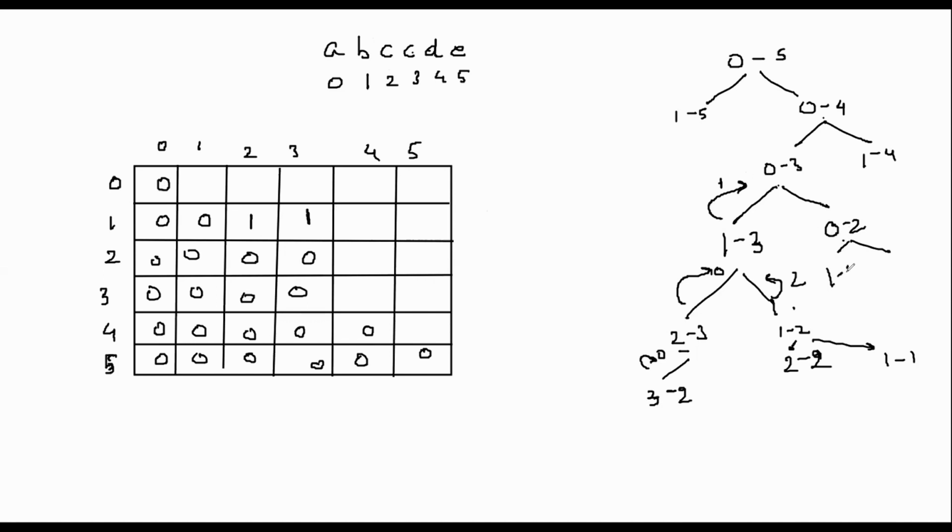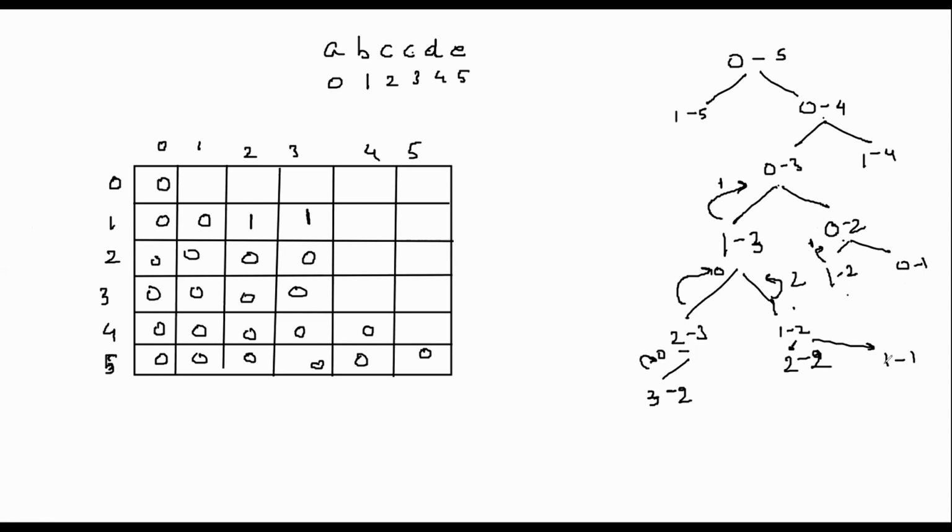So this would give me 1 to 2, and if I add the last character at the beginning, it would be 0 to 1. As we saw, 1 to 2 is already calculated, so it need not be calculated further, and this would return 1. But 0 to 1 is not calculated, so we need to calculate this.